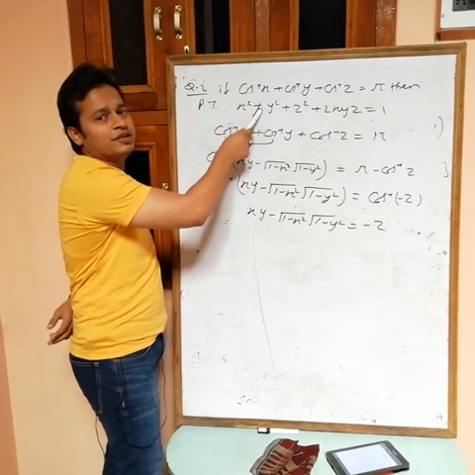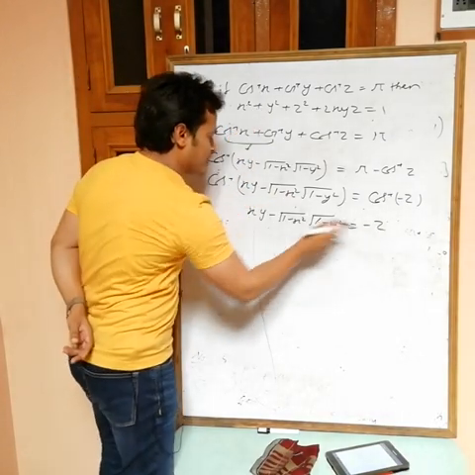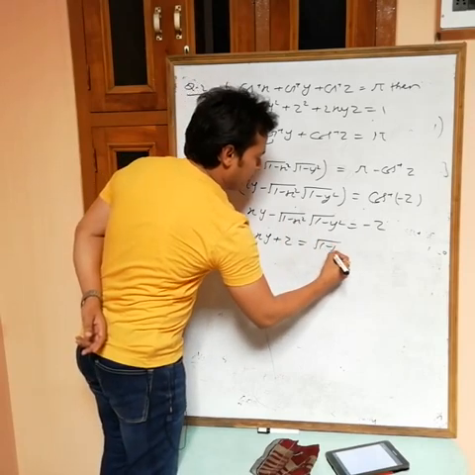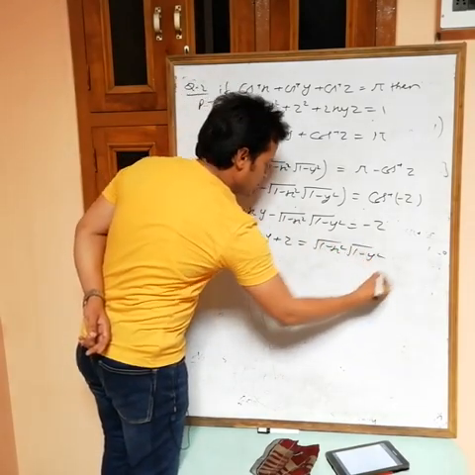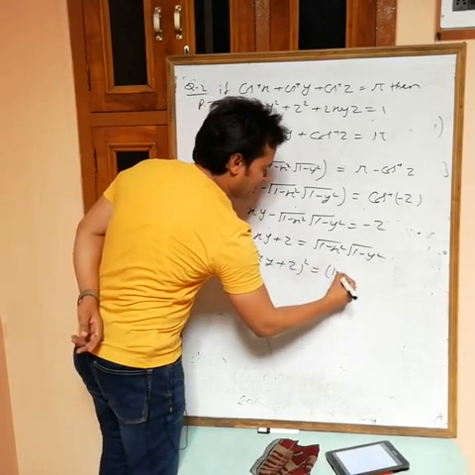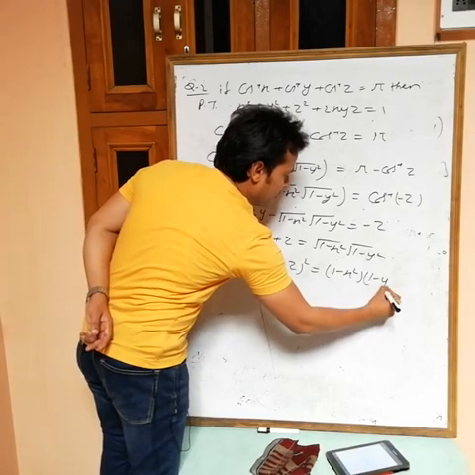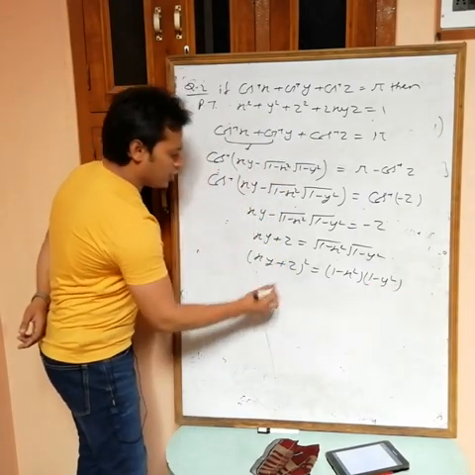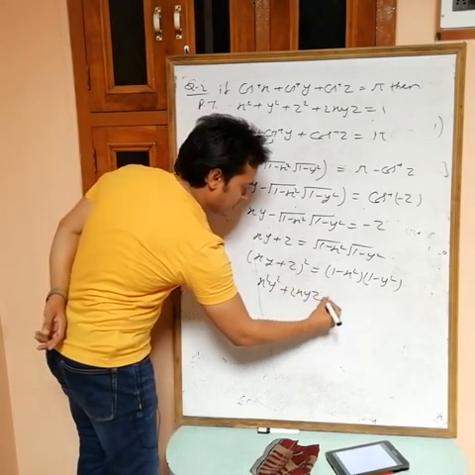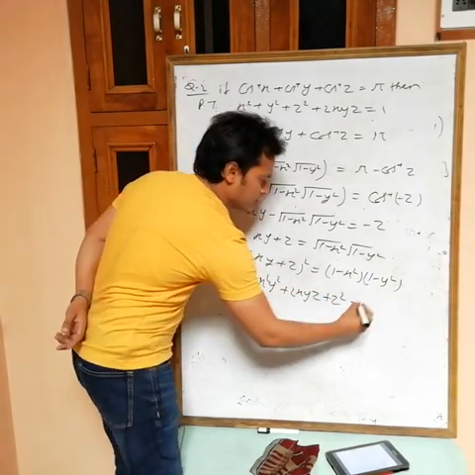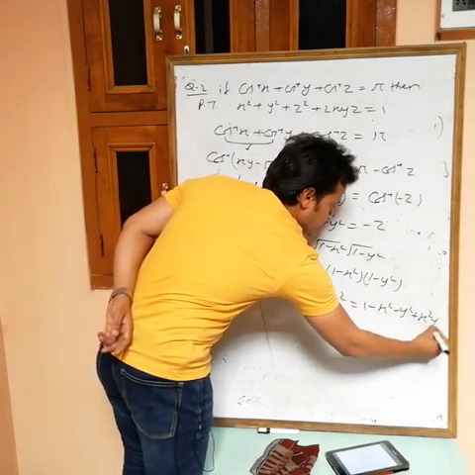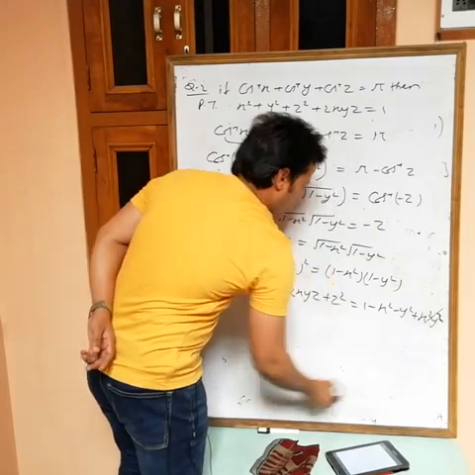Now you want the relation in this form, so we have to take z to this side: xy plus z, and the root at this side, root 1 minus x square root 1 minus y square. Take the square: xy plus z whole square. If you take the square, what are we getting? 1 minus x square, 1 minus y square. Now a plus b whole square, we are getting x square y square plus 2xyz plus z square equals 1 multiplied by minus x square minus y square plus x square y square.